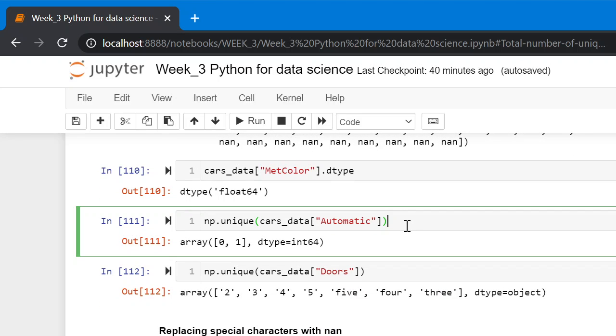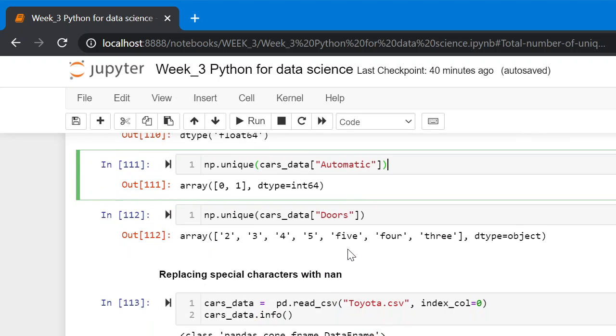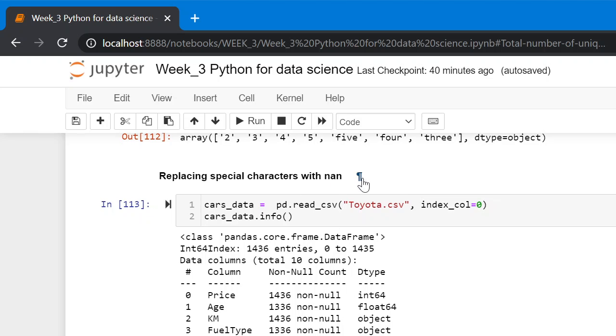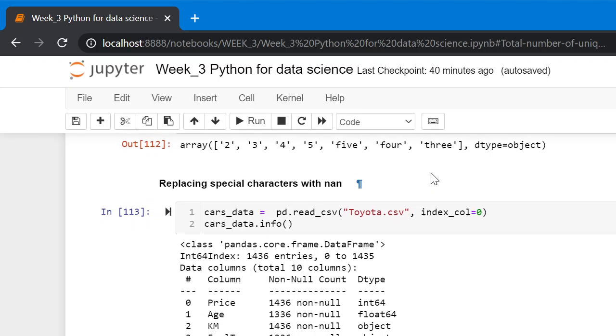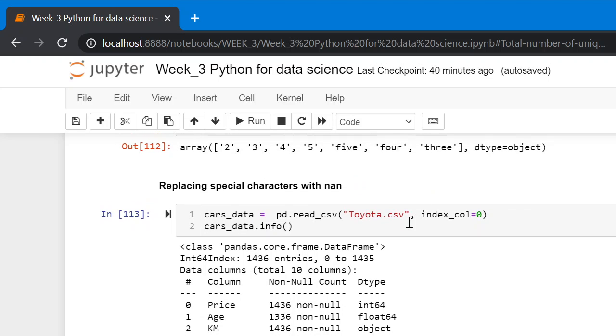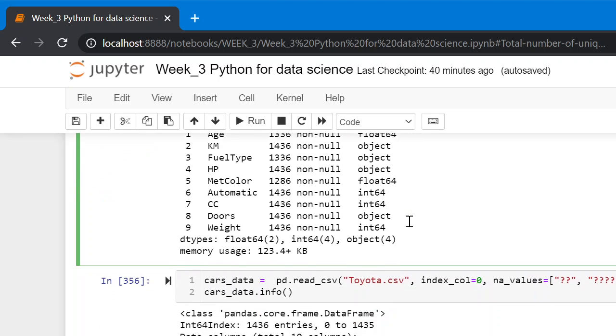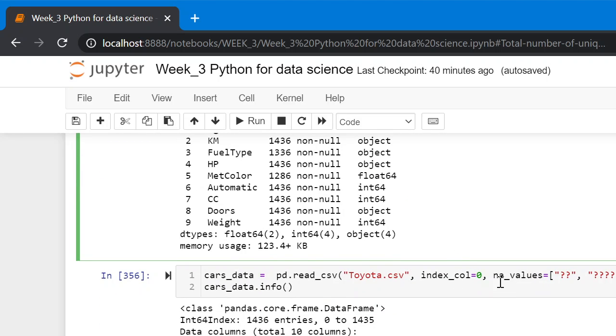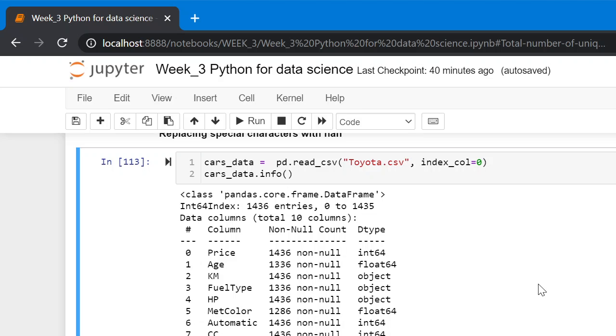Here are some more examples. Replacing special character with NaN. As we have already seen, we can use the argument na_values with a list of special characters that we want to replace with NaN values. So here is an example.